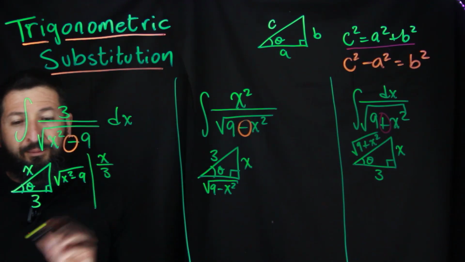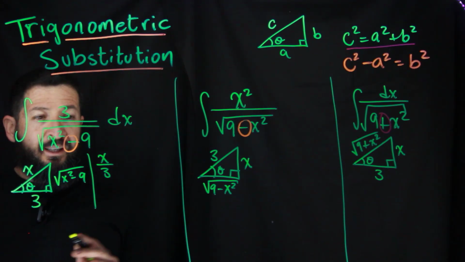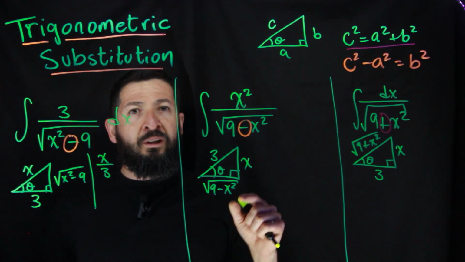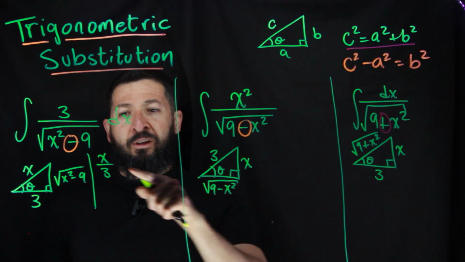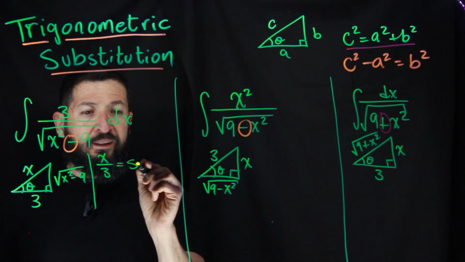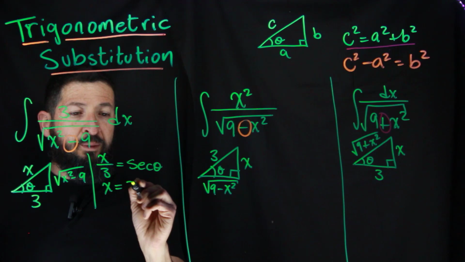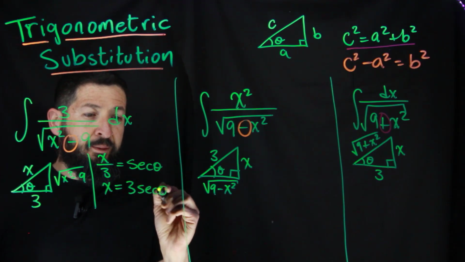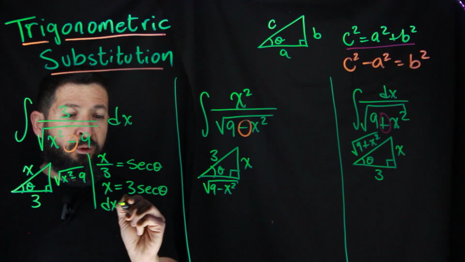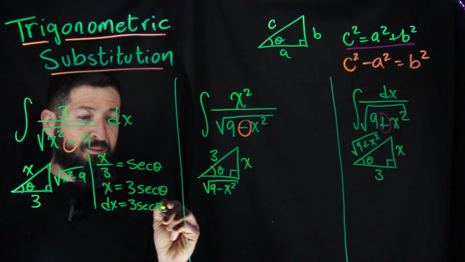is going to be the hypotenuse over the adjacent. Now, cosine is adjacent over hypotenuse, so this is the reciprocal of cosine. What is that called? Secant. So from that you get that x is going to be 3 secant of theta, and dx will be 3 secant tangent